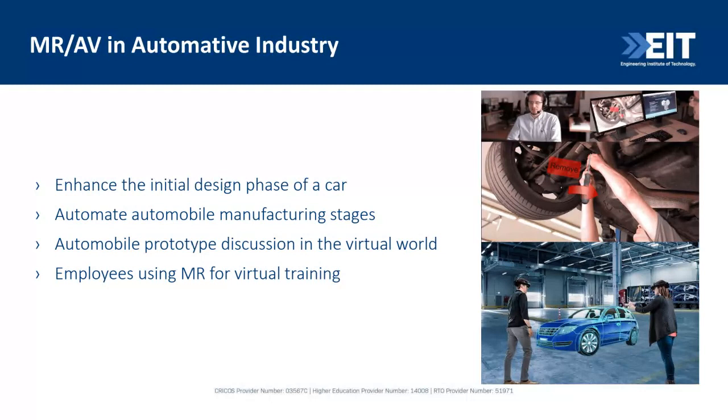Different industries are already thinking about it and, to an extent, using it, for example the automotive industry, in the initial design phase of a car. Manufacturers are providing a perfect picture of how the vehicle may look and perform on the road, using apps such as Microsoft HoloLens, which is a very popular mixed reality app. They can explore and modify different designs at the primary stage of the designing phase. So you are changing different aspects of the design and seeing how it might look and how the system might operate.